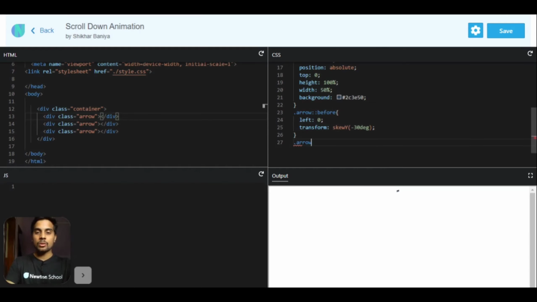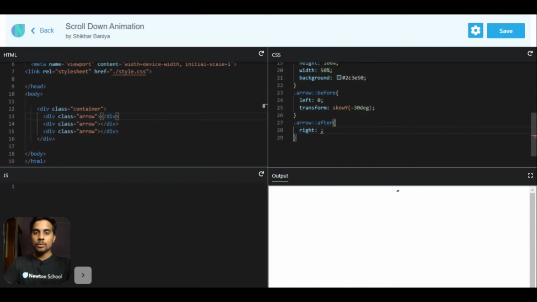Now let's target the arrow after part, and inside this I want right to be 0 and width will be 50%, and in the same way I again want to transform it and skew y minus 30 degree, and I think this will be 30 degree.